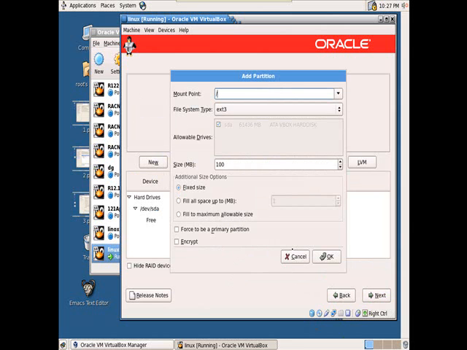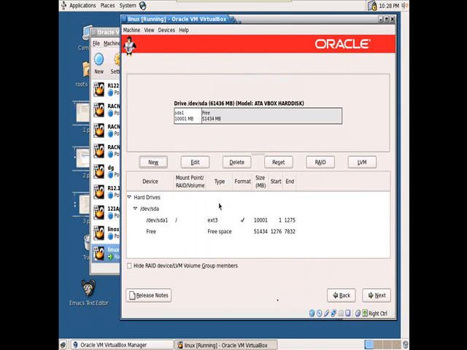First we need to specify the mount point. This is the primary thing from which all partitions get separated. All directories are separated from the mount point. So we need to specify the mount point. Okay, this is 10,000. It is showing in MBs. 10,000 MB means 10 GB. This is fixed size. Okay, click on